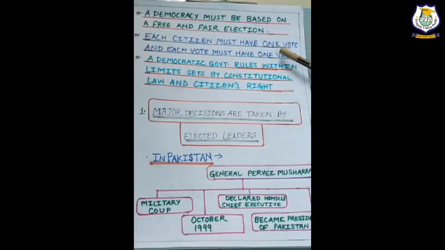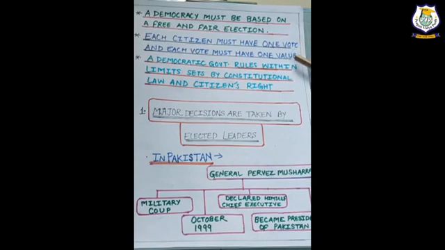Very next feature is here: each citizen must have one vote and each vote must have one value. In this way, we see that whether a person belongs to a rich family or a poor family, when the process of election is held, they both have equal value of their vote. None of the votes will be counted more